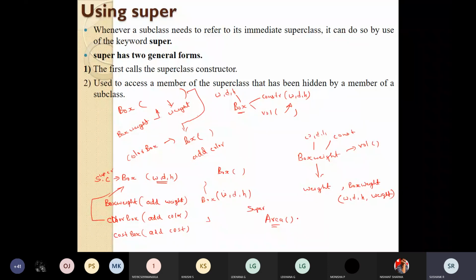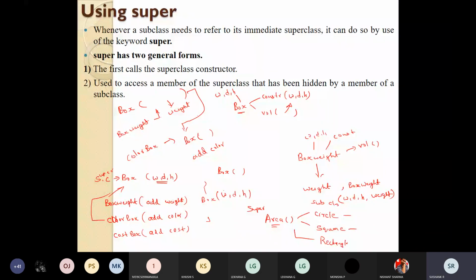Now for this superclass, I'll create subclasses. I'll create a subclass called circle, which will find the area of a circle. I'll create a subclass called square, which will find the area of a square. I'll create a subclass called rectangle, which will find the area of a rectangle.